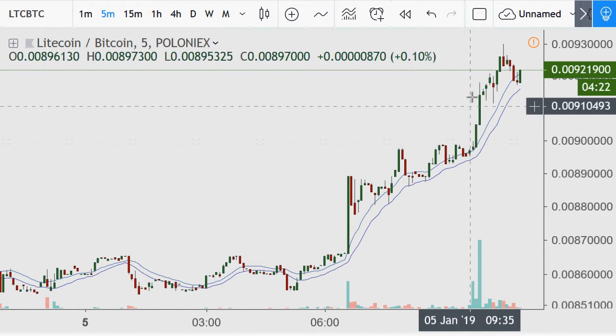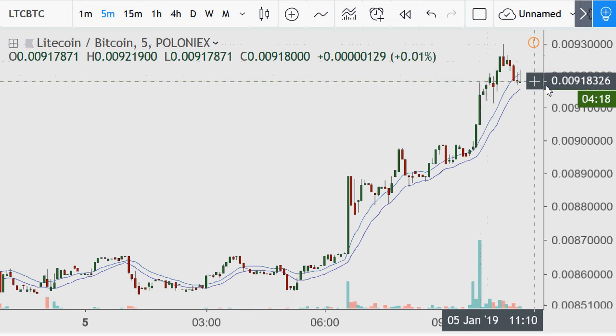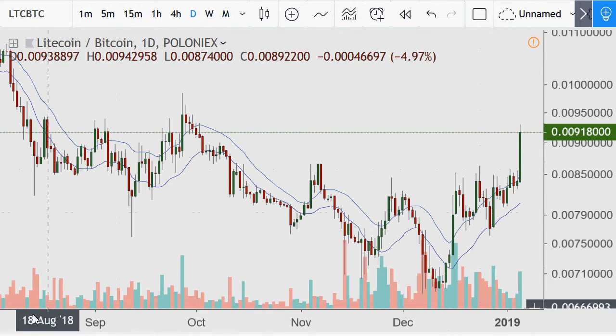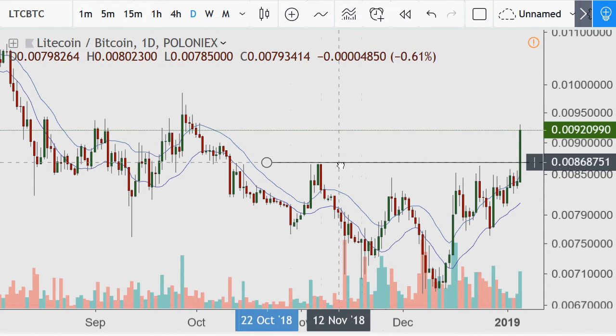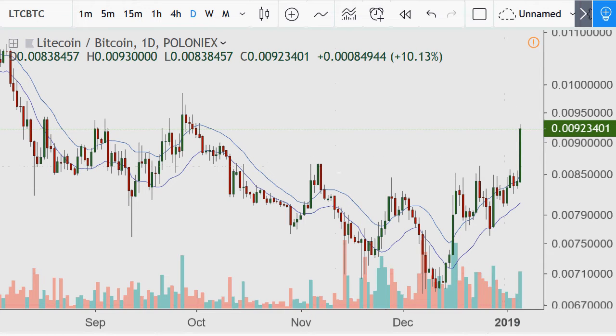At around the 90 handle up to about the 93. And just still, the live move is in place. It's already had a good leg, or a noticeable leg above this resistance. Was there any short-term resistance here? Well, let's take a look. This is a Poloniex exchange, so I'm going to actually look at this on a deeper, much